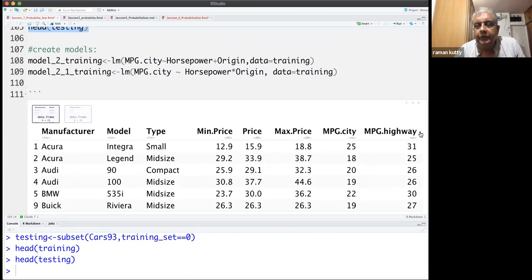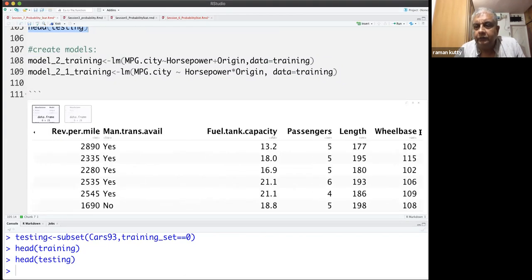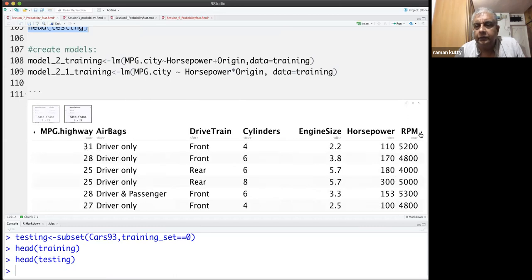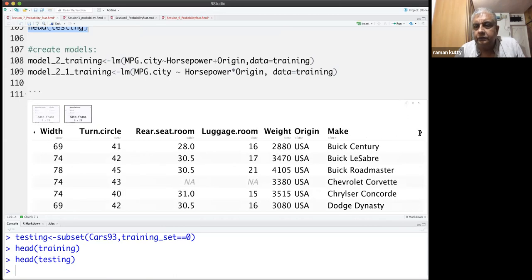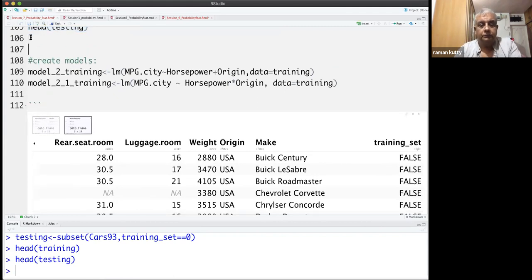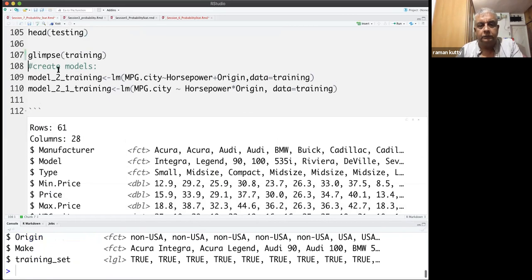If you look at this, you will find that in the training set, the last column is everything true, whereas in the second one, everything is false. And we can also look at the sizes.